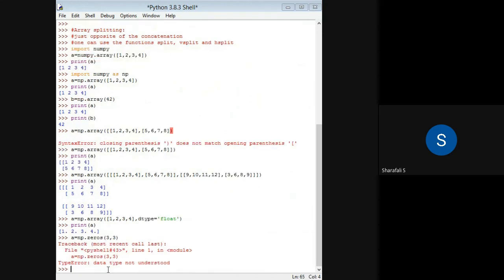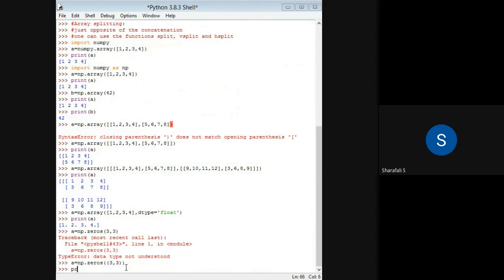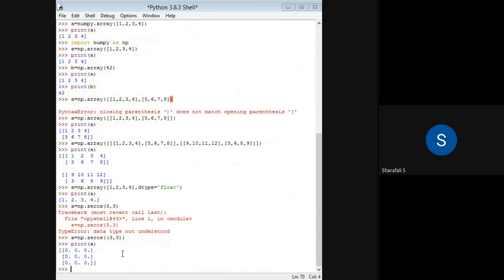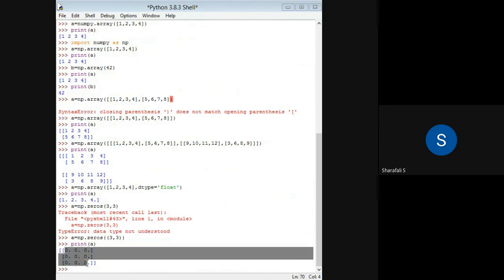I think I have missed one bracket here. First I have to put one bracket for zeros. Then if I print that one, a, I will be getting a 3 by 3 matrix or 3 by 3 array like this.